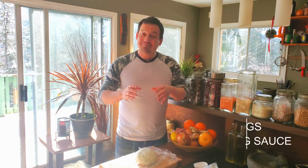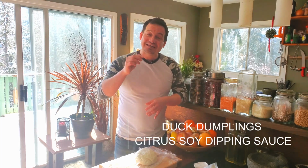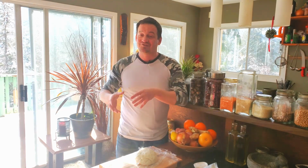Today we're gonna make duck dumplings. Now if you're anything like me and you've watched a movie and you've seen someone eating something in that movie and you get that craving to eat that, and that movie may or may not have been Kung Fu Panda, you might be in a problem like me where you wanna smash dumplings in your face until you can't walk anymore. We're gonna go ahead and make the dough, the skins, the filling, and a little vinaigrette dipping